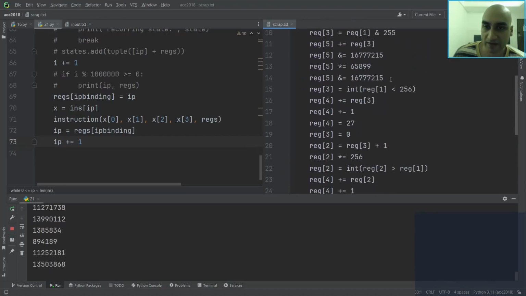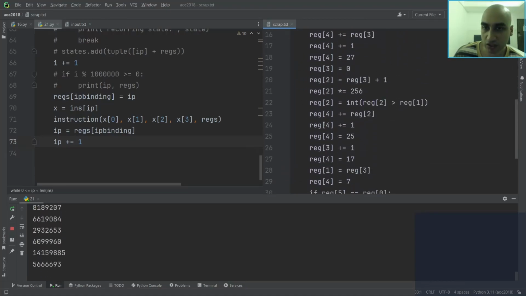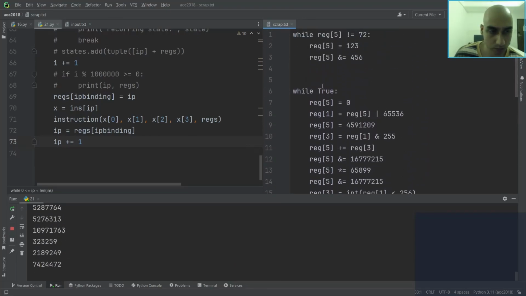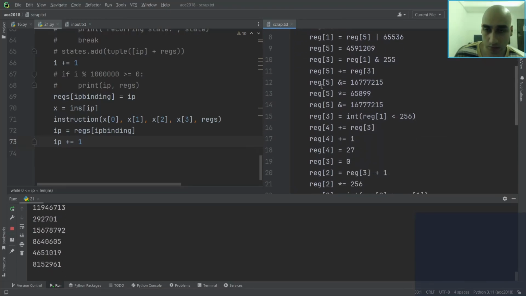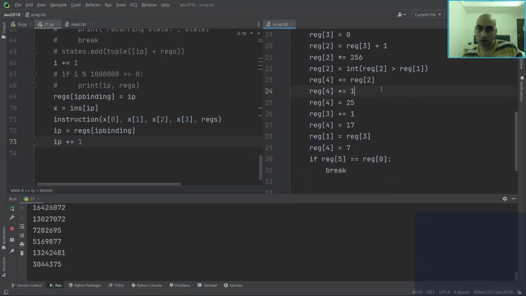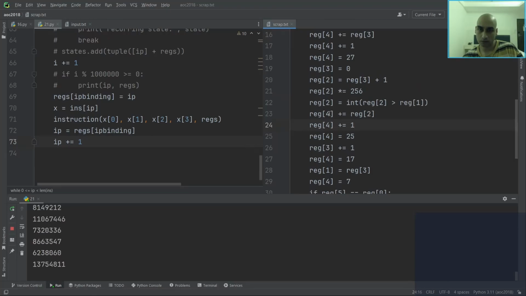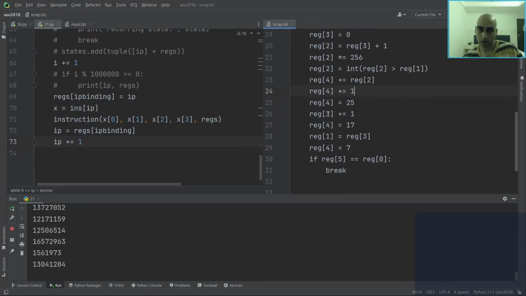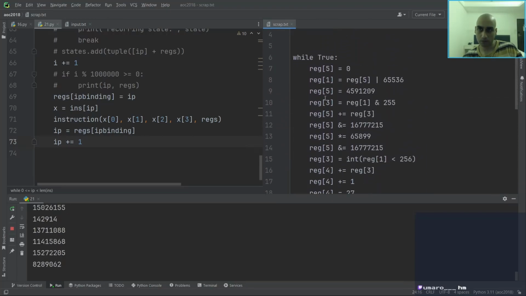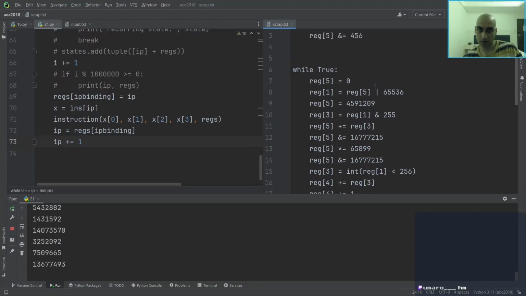I think we have to get rid of the loops which are not contributing to anything, because they're just delaying it, aren't they? So reg 5 is affected by